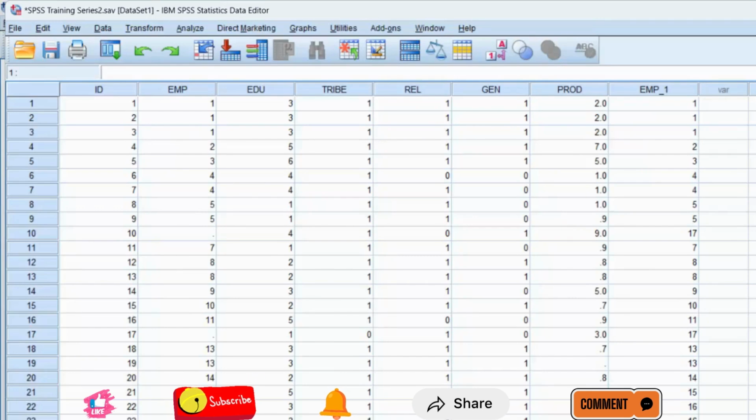Don't forget, I said the first approach is to delete the cases, but the caveat is that your sample size will reduce. And this second approach, you can make use of any of the 5 methods: the series mean, the nearby mean, the nearby median, the linear interpolation, or trend. Then the third